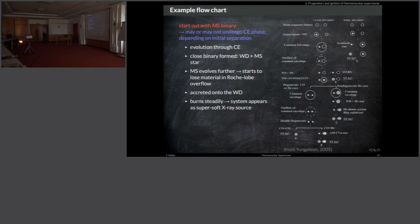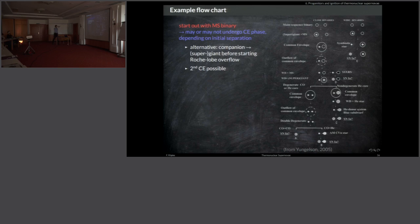And on the white dwarf, it's expected that the accreted material will burn steadily. So the system may appear as a supersoft X-ray source. And ultimately, this accretion of material and slow burning of the material into carbon oxygen will increase the mass of the carbon oxygen white dwarf star, and a type 1a supernova may trigger when it comes close to the Chandrasekhar mass. The alternative is that the companion